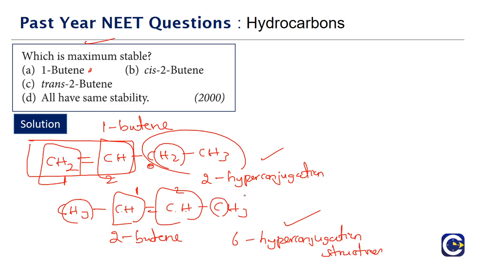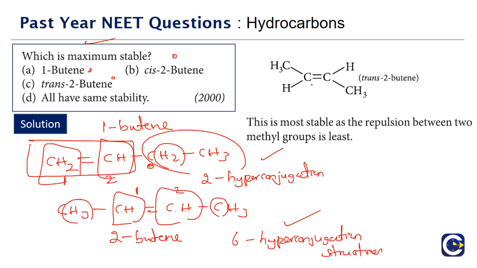Like the stability of alkenes, if you want to compare them, we will compare it based upon the number of possible hyperconjugation structures that we can draw, especially for the alkenes having the same molecular formula, the isomeric alkenes. Okay, now which means 2-butene will be more stable than 1-butene. But the question is, will the cis be more stable or trans be more stable? Between cis and trans, right, the trans form where the bulkier methyl groups are on opposite side, the repulsions between them will be minimal or least repulsions will be there.